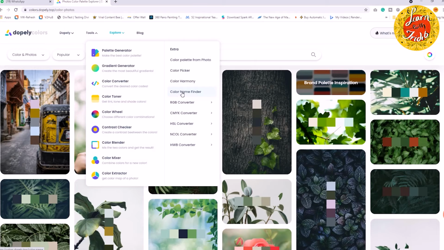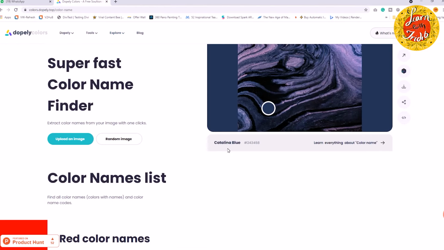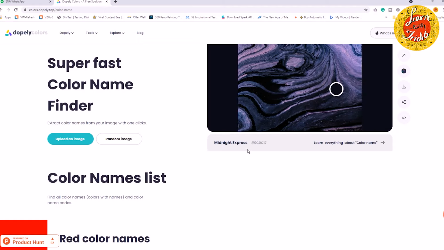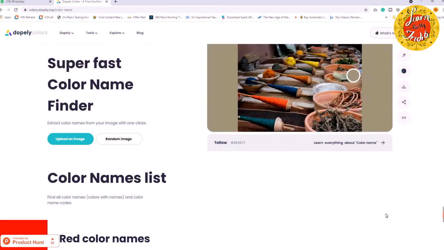When you click on this color name finder, it gives you an option to upload any image over here, and based on that image, if you change the location of this color picker, it actually shows you the color of that particular area. Let's just see over here what it also gives. It gives you the name of the color and the